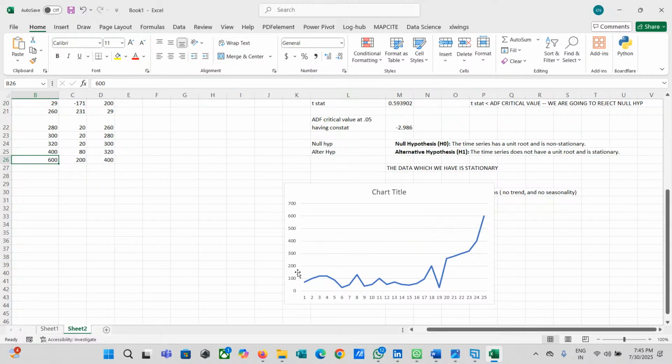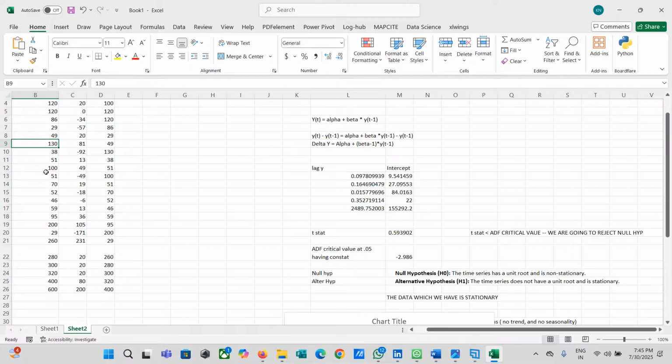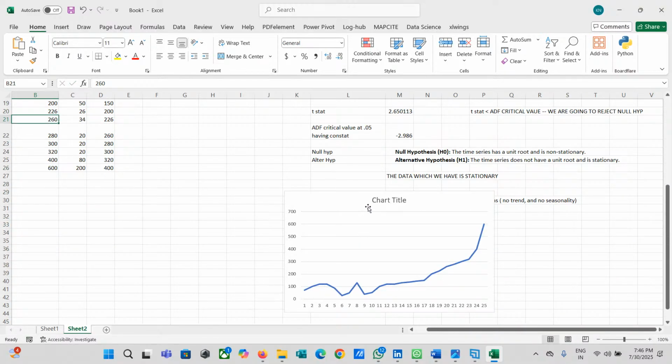See the chart now, it looks like it has some kind of pattern here. So let's look at the data. See, this data now looks like it has a pattern.